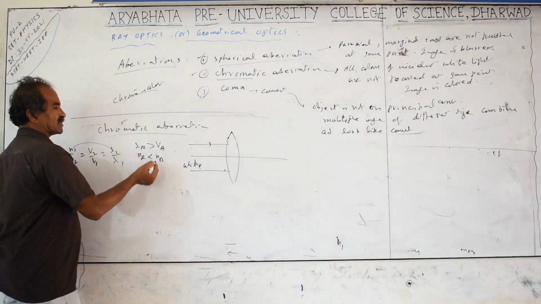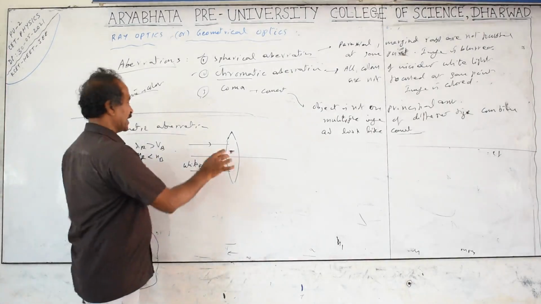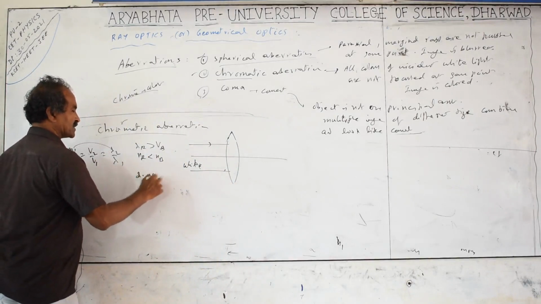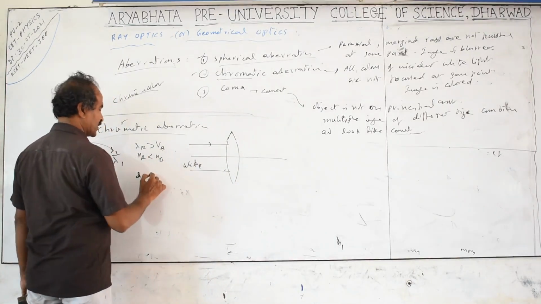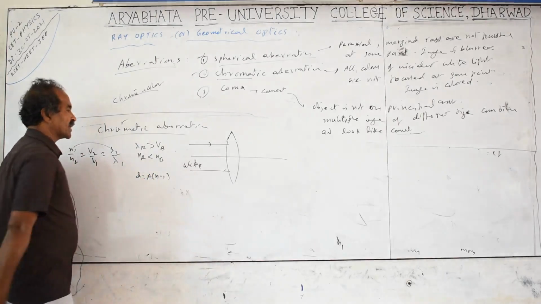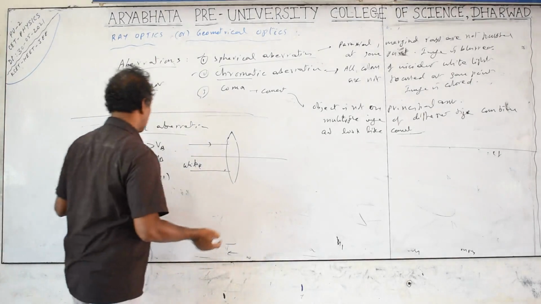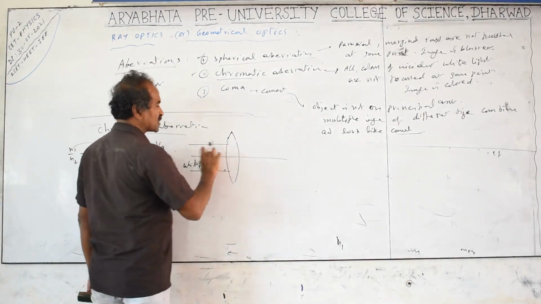The more the refractive index, the more the deviation of the light rays. What deviation have you taken for small angles? If the deviation equals the angle of the prism, you can take this small portion as a prism, with deviation equal to (n minus 1) times the prism angle. This is for small angles. Whatever the condition, the more the refractive index, the more the deviation, the more the angle of refraction, even if the angle of incidence is the same for paraxial rays.